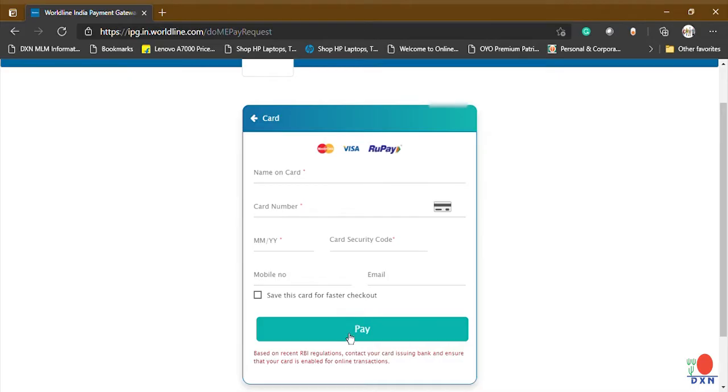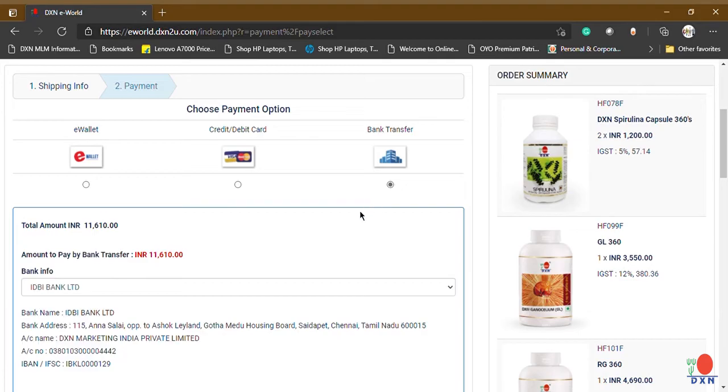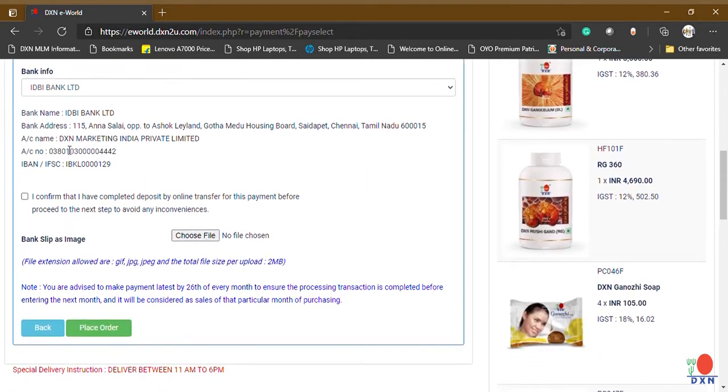And if you don't have a debit card or credit card, then we have to choose the bank transfer option. We can transfer from our bank account. If we click on the bank transfer, it will show you the account name, in the name of account DXN Marketing India Private Limited, account number and IFSC code. That you have to add in your